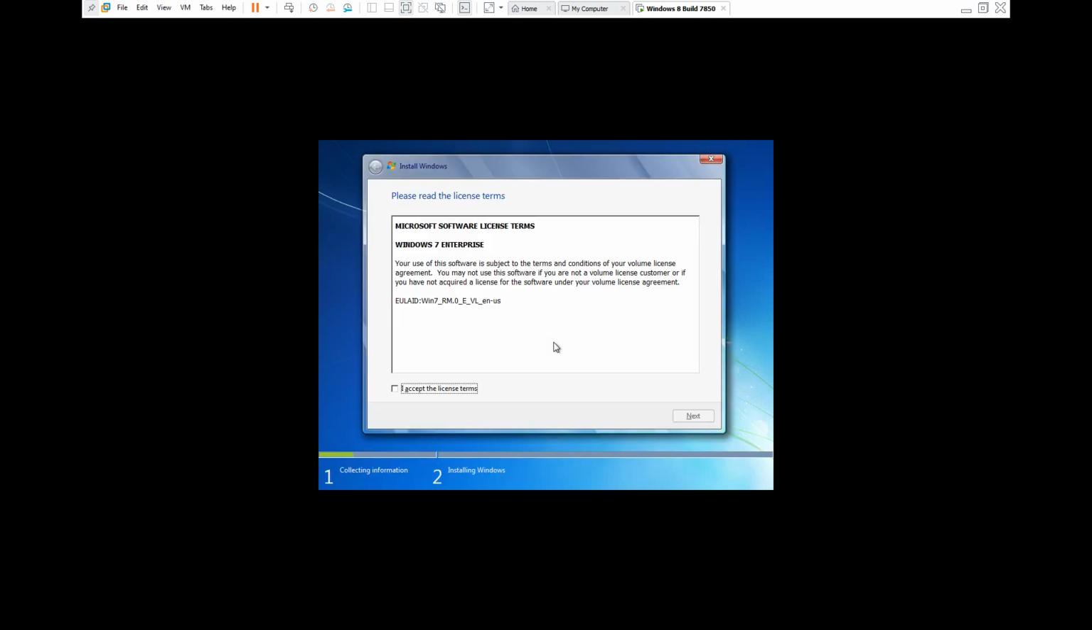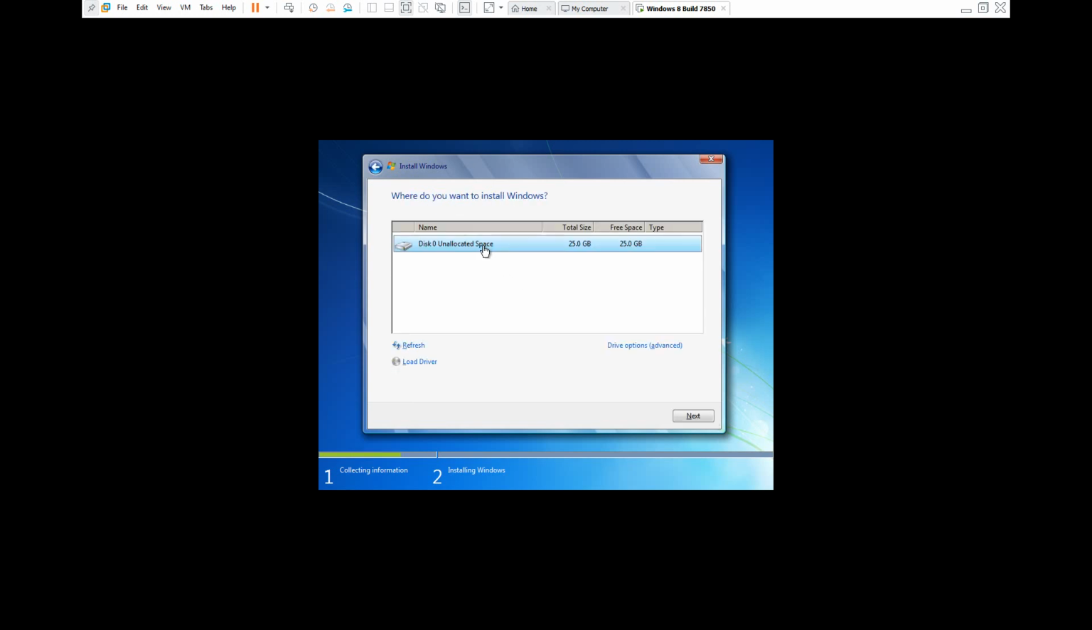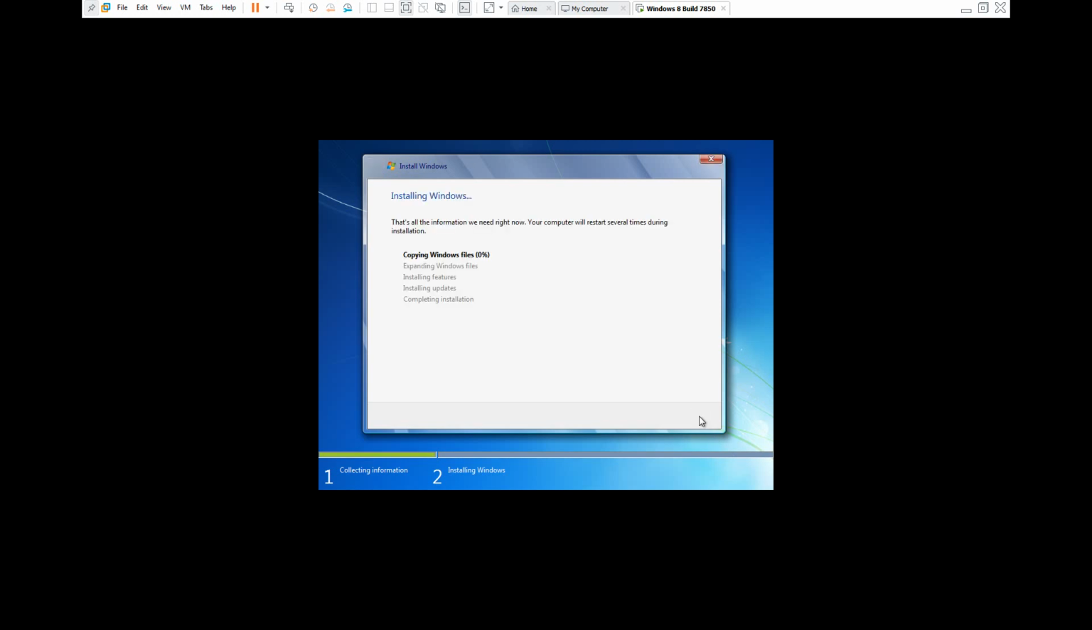After that, it is going to come up with the license terms, and now this is a Windows 7 Enterprise build. You're going to go ahead and accept the terms and click Next. You're going to click Custom, and then click this Disk 0 because that's the only one you have. Click Next, and then it's going to go through the process of copying the files, expanding the Windows files, installing